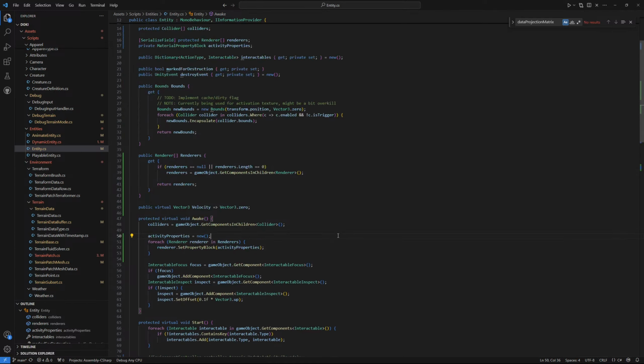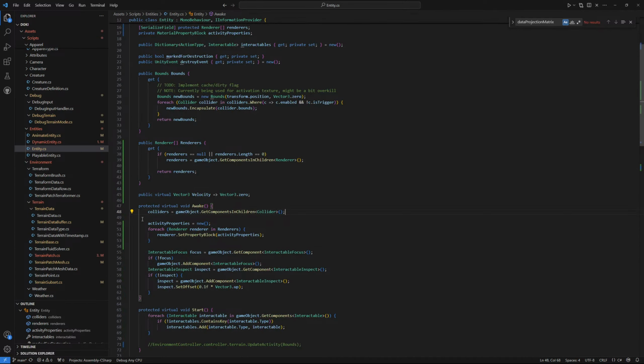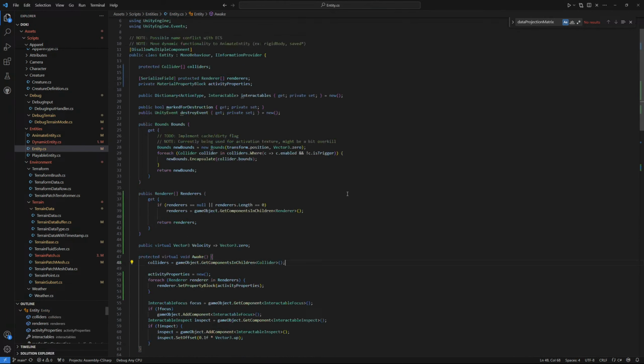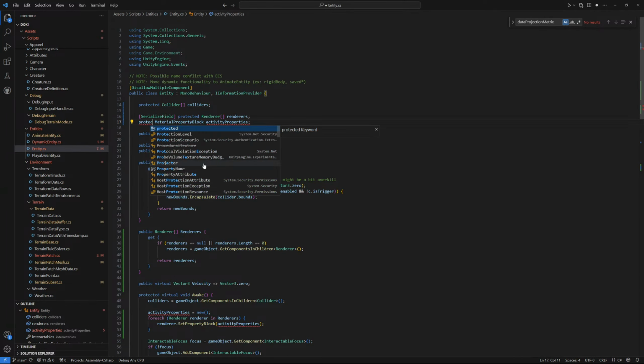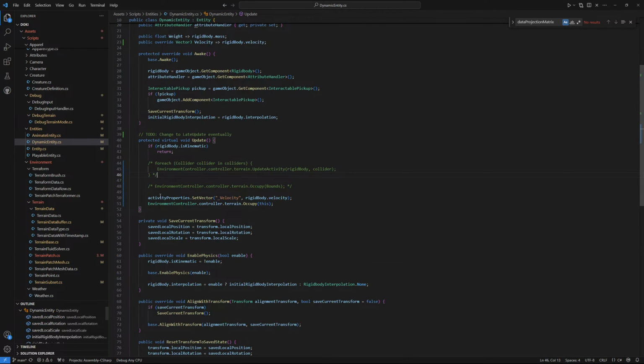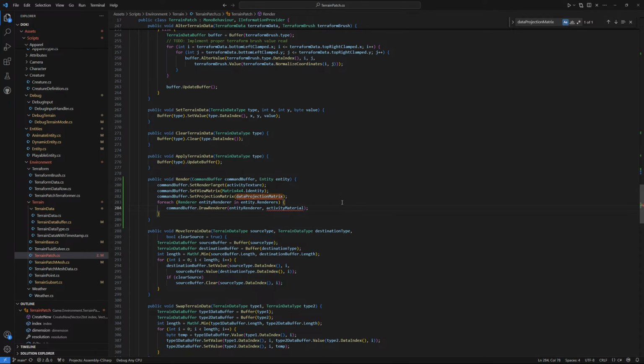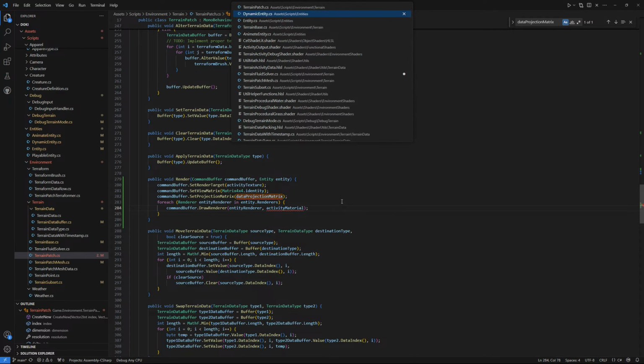Maybe. Entity. So then in dynamic, oh yeah, we want this one to be protected. So then in update we always set velocity here. That's good. And then we do occupy this, which hopefully means that we don't need to do this anymore. And also